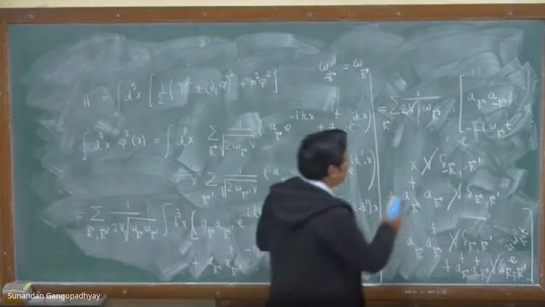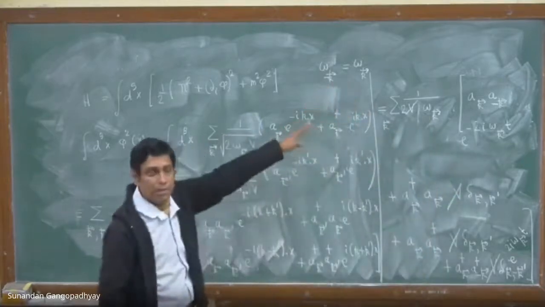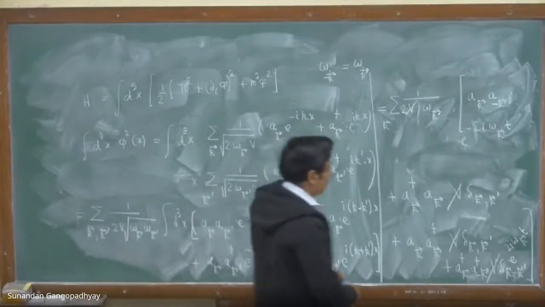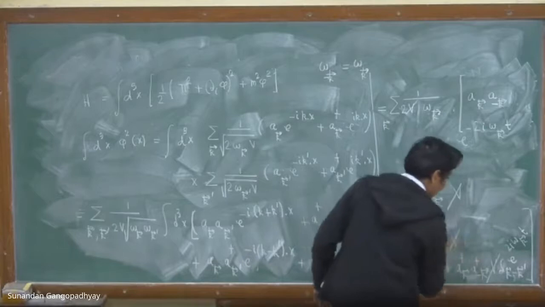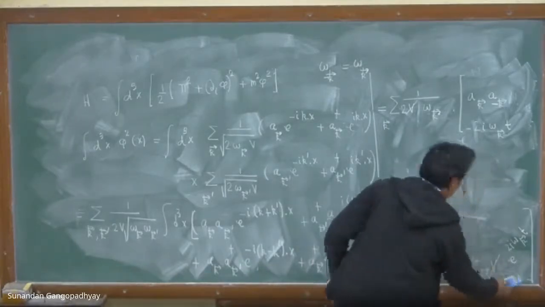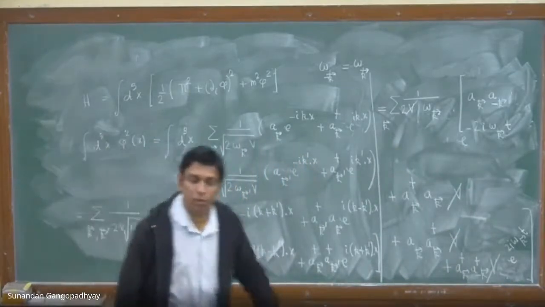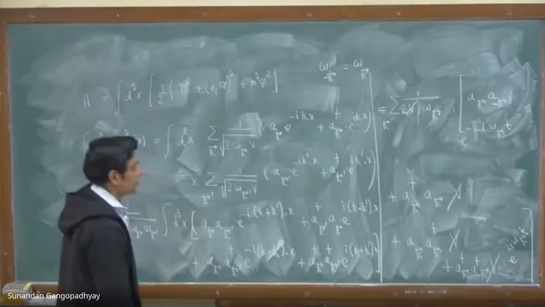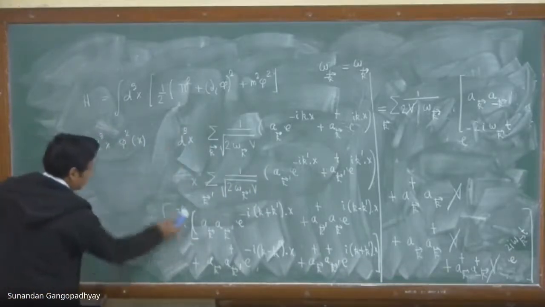You can now remove the Kronecker delta because you have performed the summation. You can remove this. You can remove this. You can remove this. So in this step, what we have done is we have performed the sum over the Kronecker delta, and it is therefore gone. Therefore, let me now write down the final expression for this term.